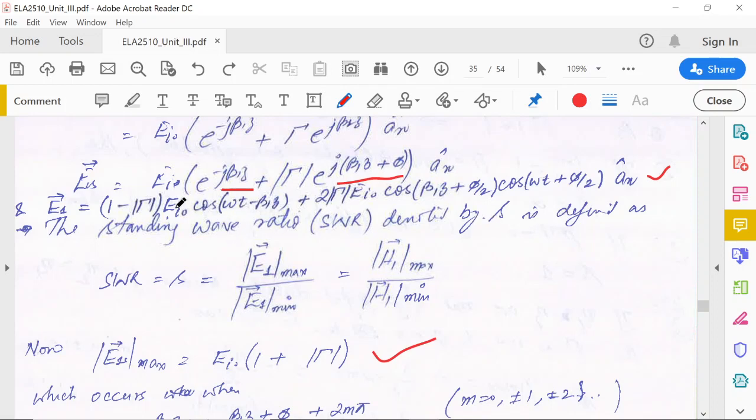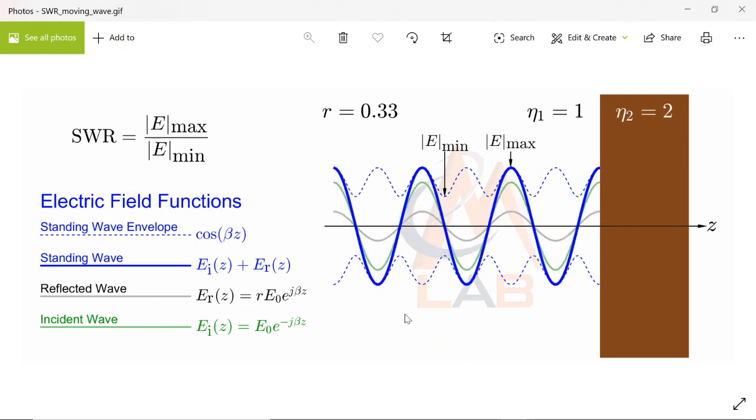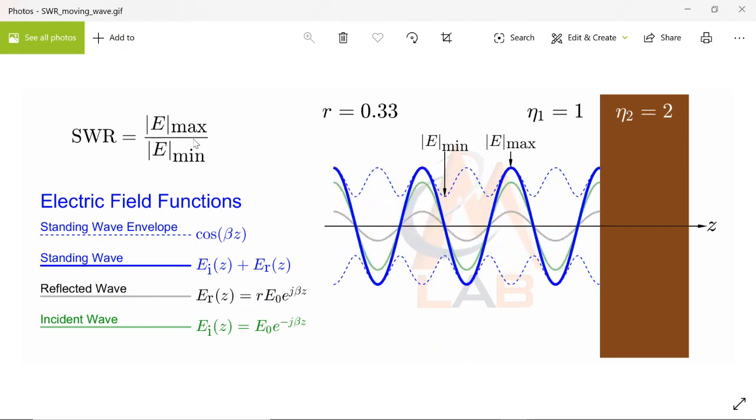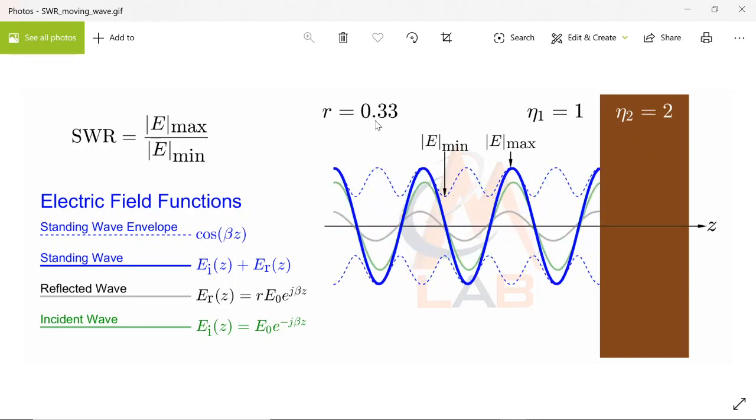Now in general, gamma may be from 0 to 1. So in this case, some portion is moving and some portion is standing waves. To show that, here we have some animation. So this is how it will look. The standing wave ratio is given by this factor, and let the gamma, here they have taken the magnitude to